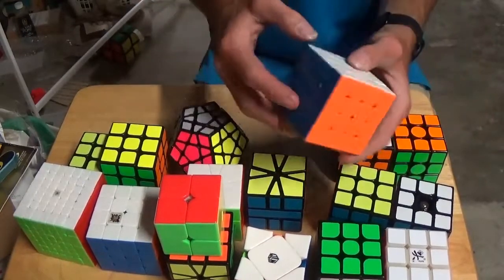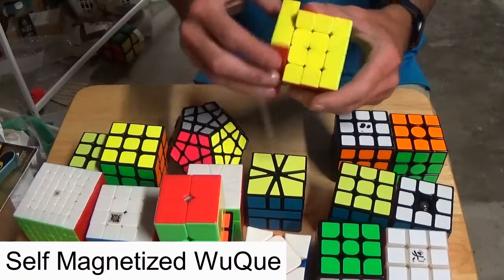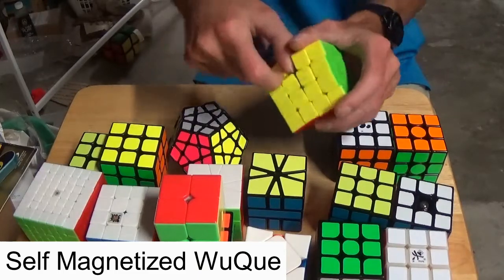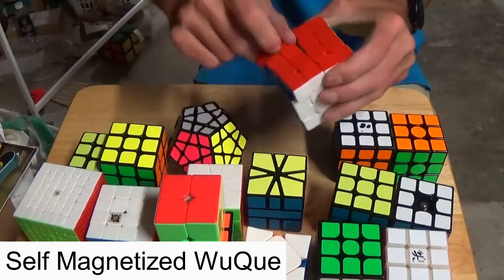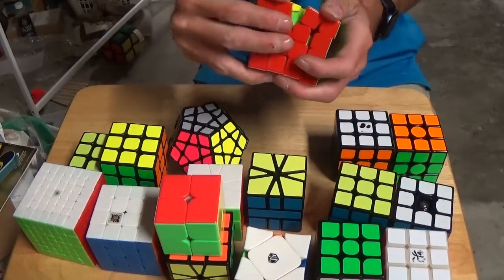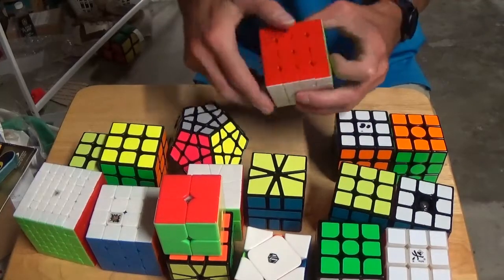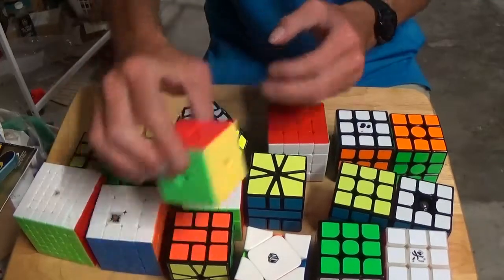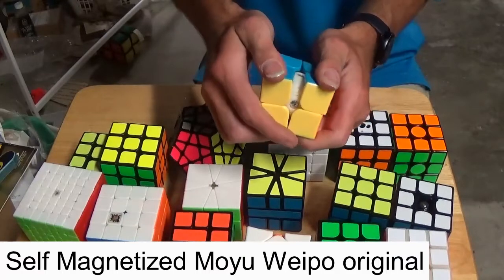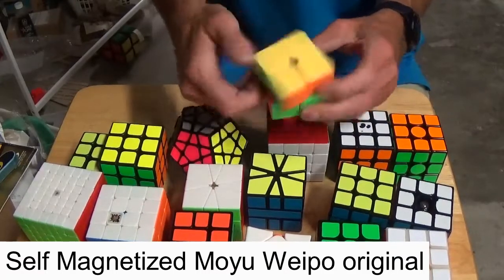Over here is a 4x4. Feels like it would be magnetic. I think it might be. And I think I know what it is. Though, I'll let you all know while I'm editing this video. Over here is 2x2. Link pose, something like that, Weipo. I don't know, but I'll let you know when